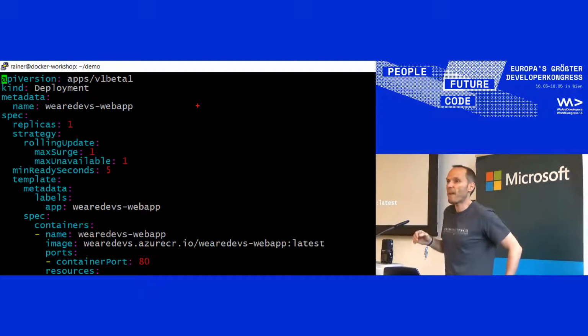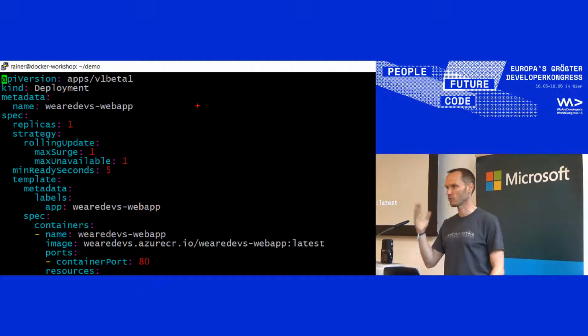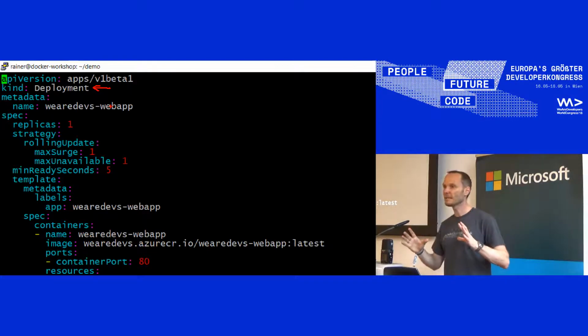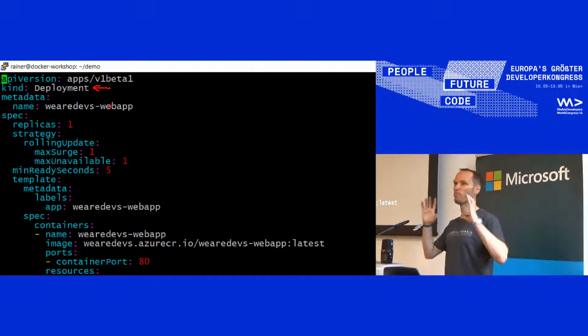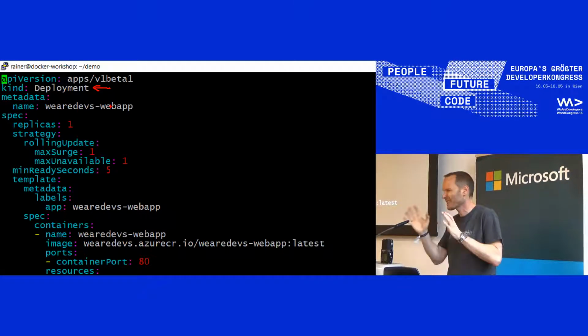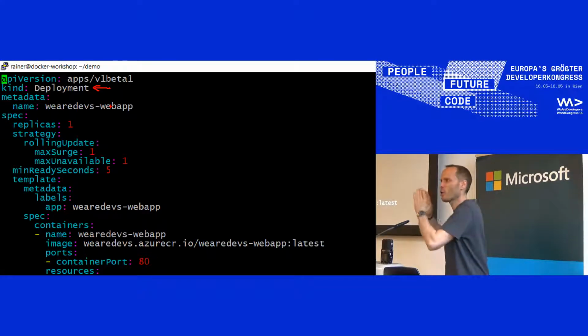This is a so-called manifest YAML file. So it's essentially a JSON file without the curly braces. It's just a configuration file. And what this Kubernetes manifest does is create a deployment. A deployment is a combination of a so-called pod. A pod is what in Docker you typically call a container. A pod is a little bit more than a container, but for now, to keep it simple, it's just a container